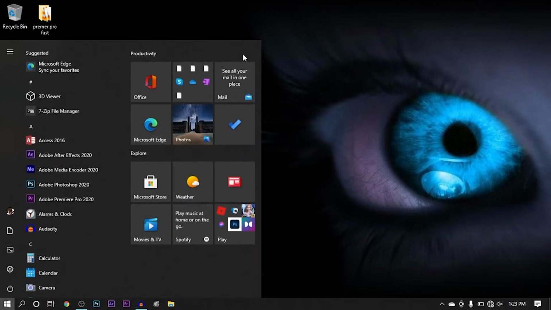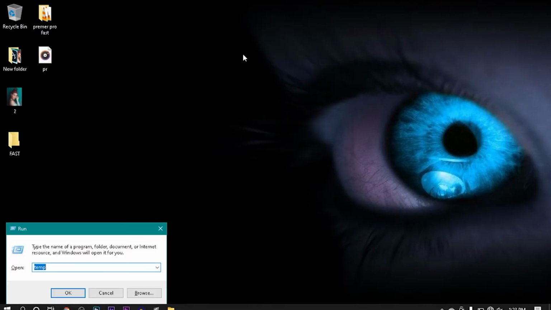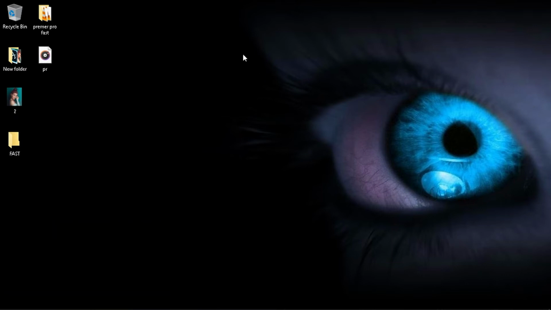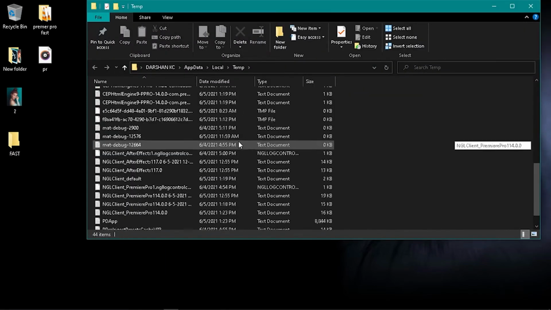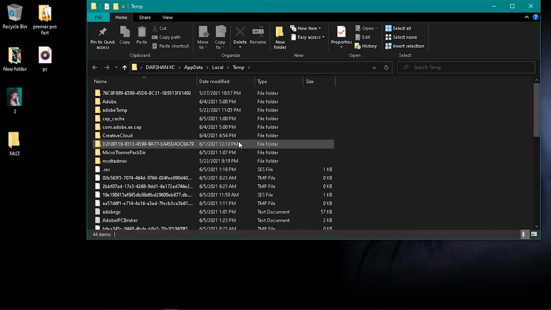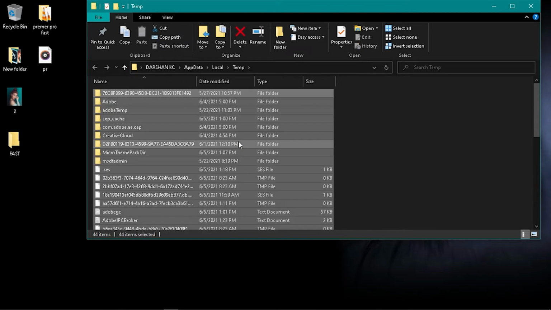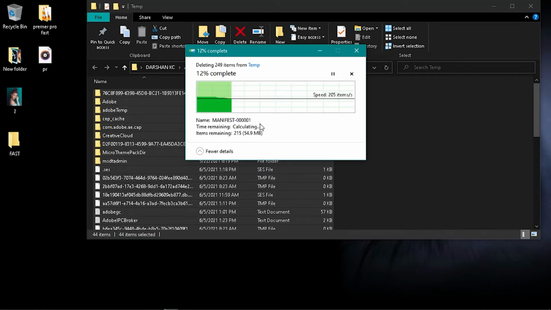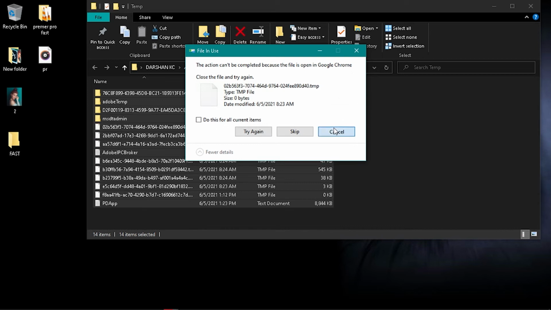And now again you need to go for run. This time you will need to type %temp%, again percentage, and click OK. These are the temporary files which are being rendered during your rendering in Premiere Pro. So we'll select all, delete. And even in this case you will have some files which cannot be deleted, so we will hit cancel,